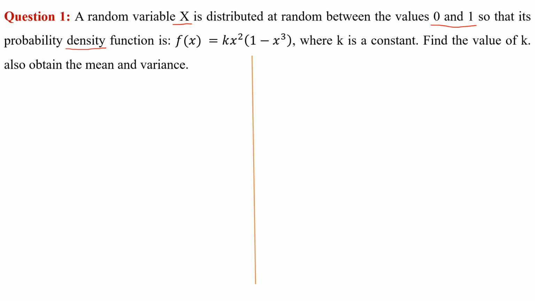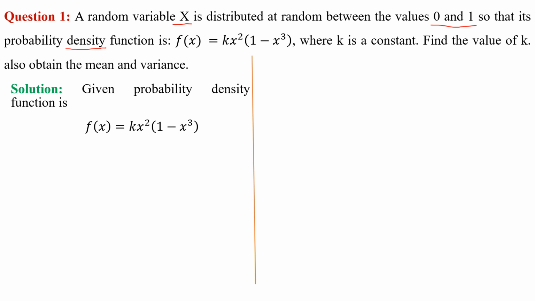Now we know it is a continuous probability function. It is given as kx^2 into (1 - x^3). Here we need to find the value of k first. For this, we know that if f(x) is a probability density function, then its integration should be 1. It is minus infinity to plus infinity, but your range is 0 to 1. So we put 0 to 1, k outside, x^2(1 - x^3) dx,